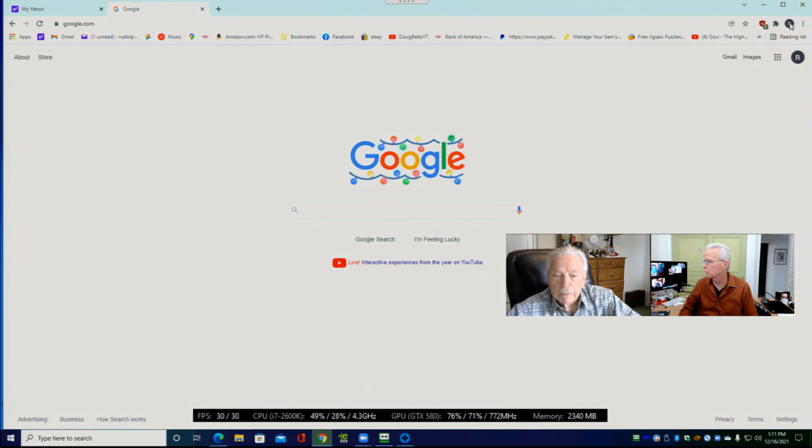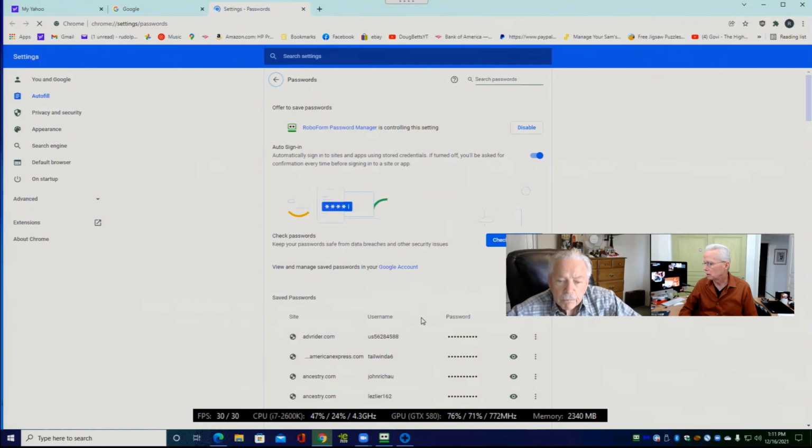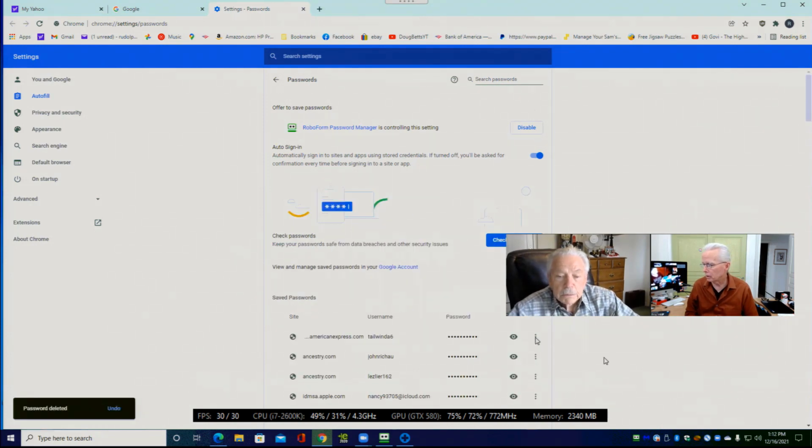So I'm going to come up here to check that. Yeah, I'd like to see those gone. Nope, they're still there. So I think you're going to have to delete those individually. I would just go to the three dots, click on it, or right-click it? No, left click. Okay, left click and edit password or remove it? Remove. All of these need to be removed, correct? Yep. Okay, let's go down the whole list.